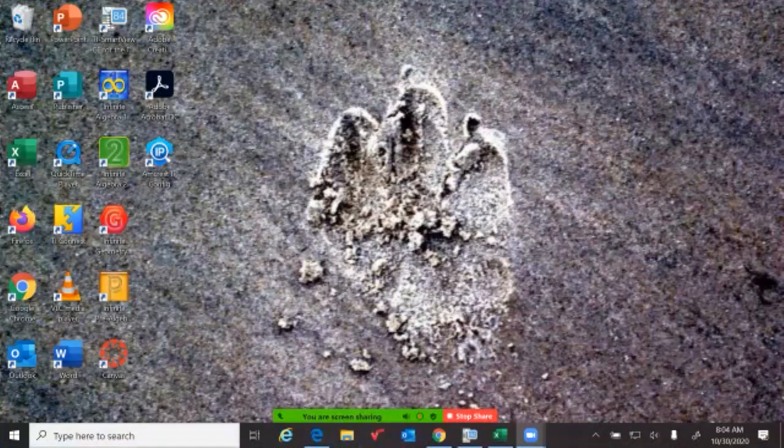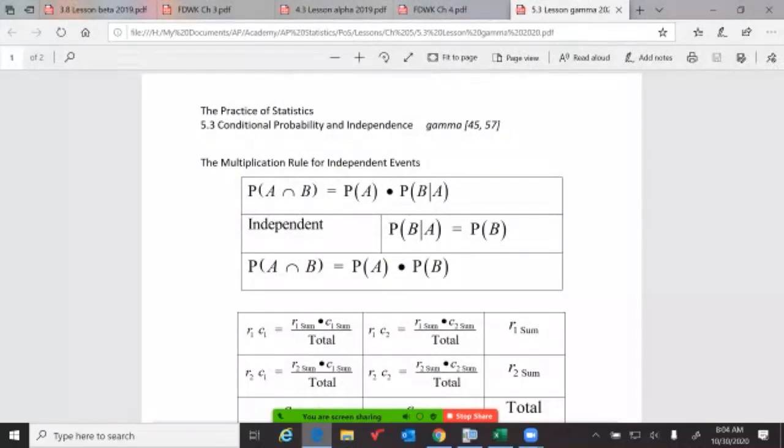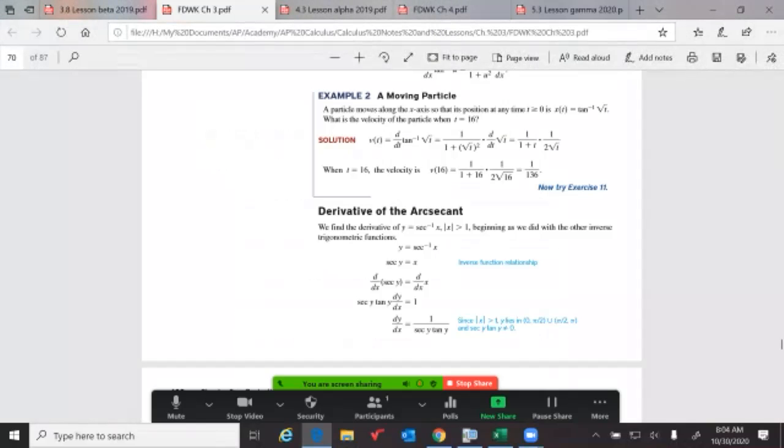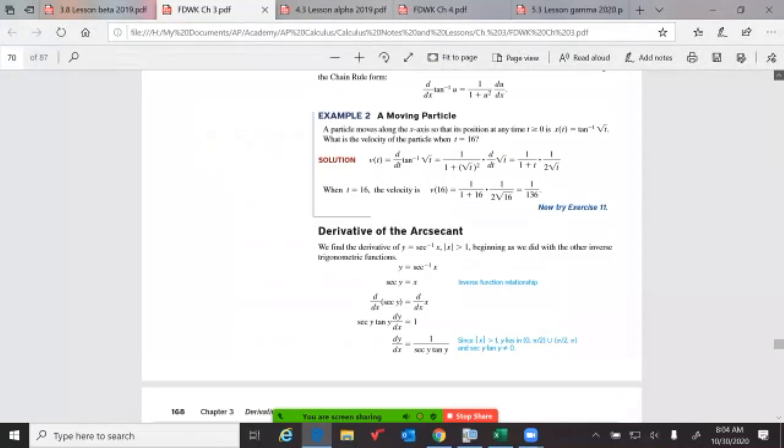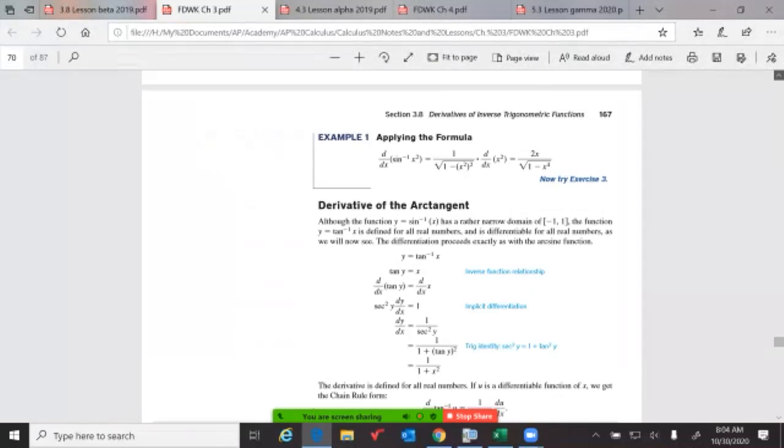This is going to be 3/8 beta, and we're going to start with the textbook, pages 166 and 167. Okay, and just to summarize what we have here, what you did in the alpha lesson